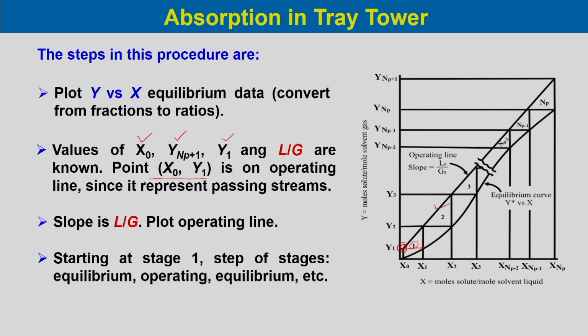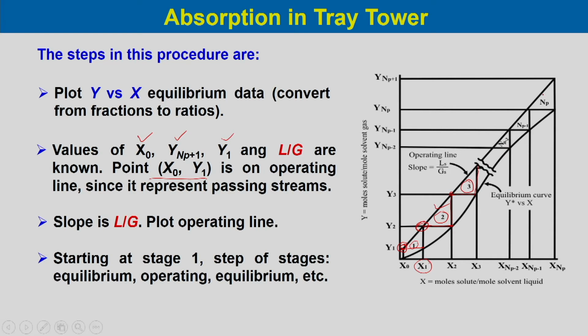Now, from this, what will happen: this composition with x 1 liquid, and the gases which will pass through that liquid have the composition of Y2. So, you move to the operating line and then you move to the equilibrium curve. So, this is another mixing point and then you move to the equilibrium curve. So, these two represent the second stage. Now, in a similar way, if you make the staircase arrangement, from this mixing point you go to the equilibrium line and go to the operating line, this represents one equilibrium stage.